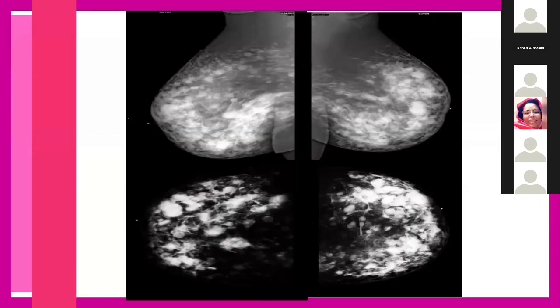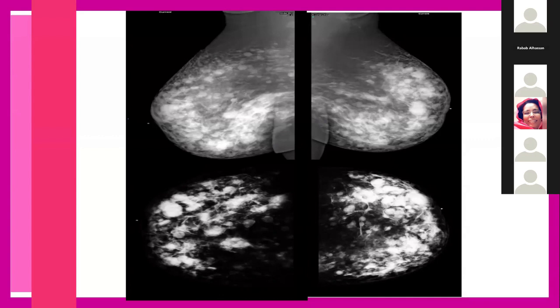Another interesting case, this is not relevant, but it's interesting. The relevance here is only that within all these multiple lesions, we have to be cautious, okay, to exclude breast cancer. Because I have had such a type of patient, but unfortunately, as I mentioned, the same patient had a breast cancer arising within this